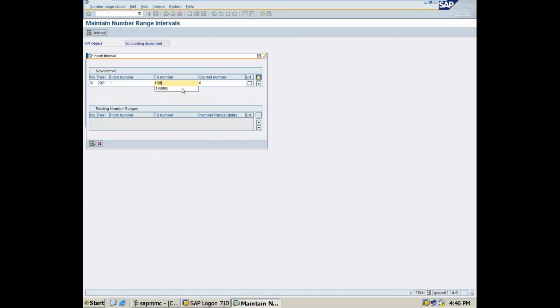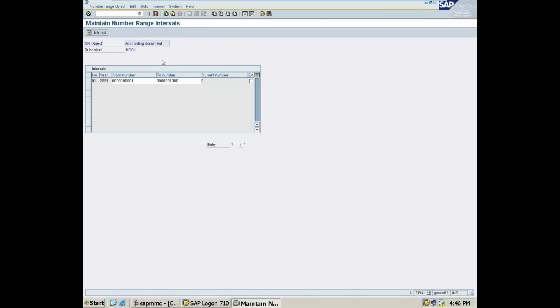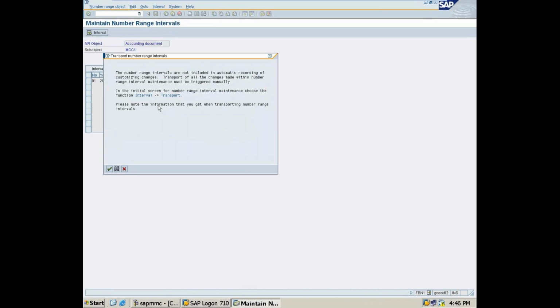Only that many invoices you can create, or I'll create as 1000. Understood? So here you should enter first. Enter it. It will copy here. After save. Again save.